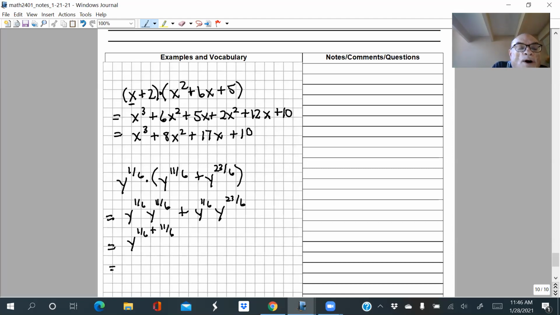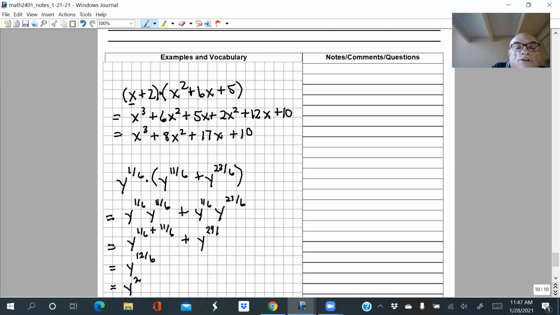But how much is 1/6 plus 11/6? That's 12/6, right? But 12/6 reduces nicely because 6 goes into 12 twice. So you really have here y squared. See how nicely that works out? So y to the 1/6 times y to the 11/6 seems like a really complicated expression, but it's not. It's just y squared. And same thing here, y to the 1/6 times y to the 23/6 is really y